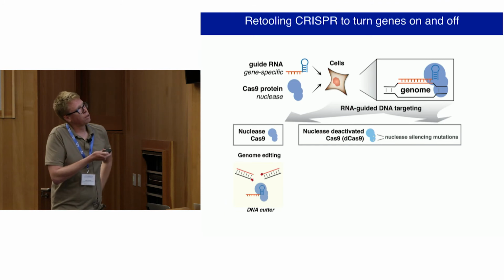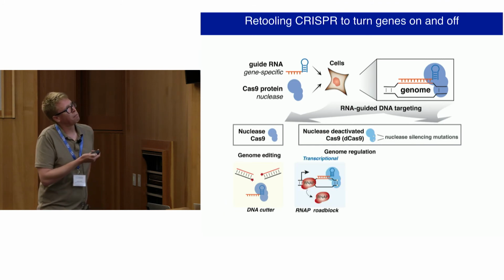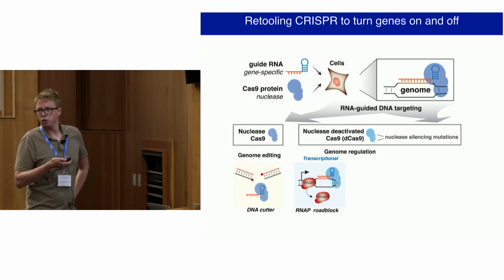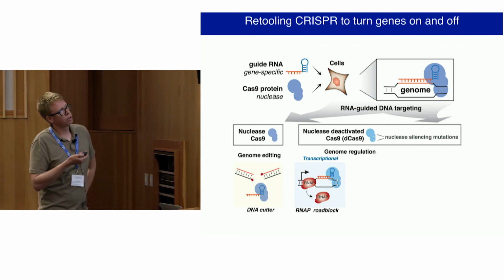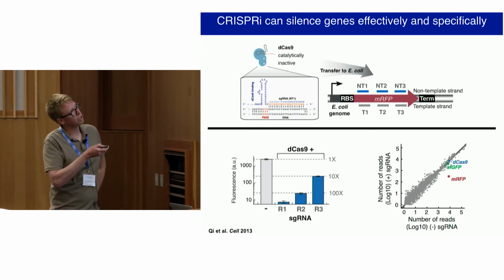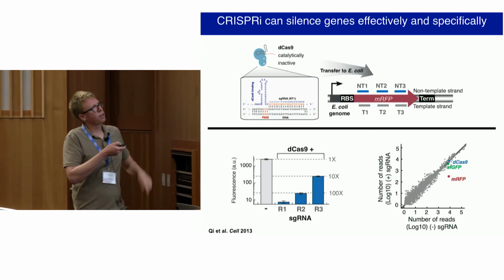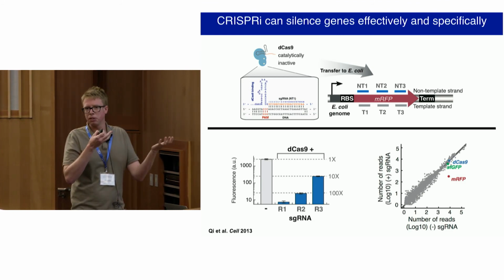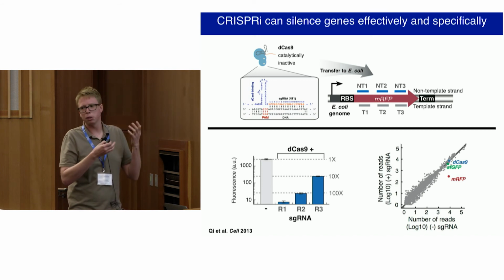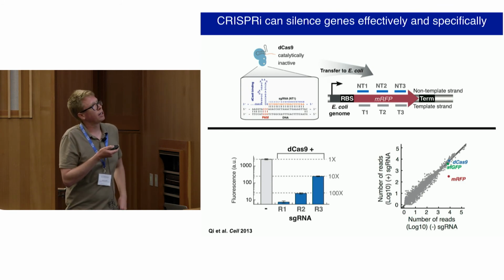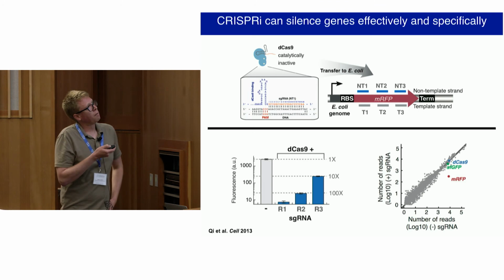So I showed you this slide before, but essentially, Stanley wanted to know whether we could use dCas9 to control transcription in bacteria. And so he cloned a bacterial version of dCas9 that could be expressed in an E. coli cell, and just asked a very simple question of, if we express dCas9, what does it do? Does it bind the genome in a living cell? Does it interact with RNA polymerase? Does it control transcription? Can we use this as an RNA-guided DNA binding platform? And to begin to ask some of these questions,